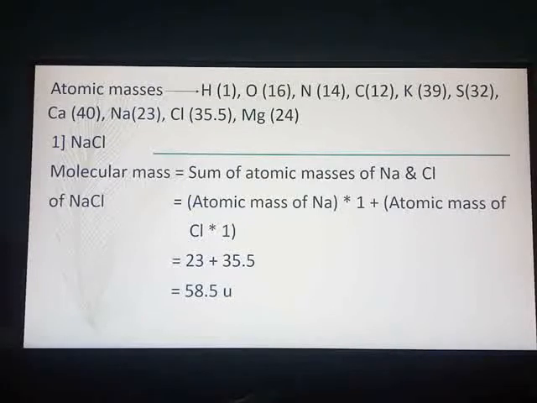Here we have seen 2-3 examples. Many examples we have taken. So you can expect any type of such questions in the exam. I can provide you with the atomic masses, tell you the name of a compound and ask you to find the molecular mass of that compound. So you don't have to remember the atomic masses, you only have to remember the criteria as to how to calculate the molecular mass.